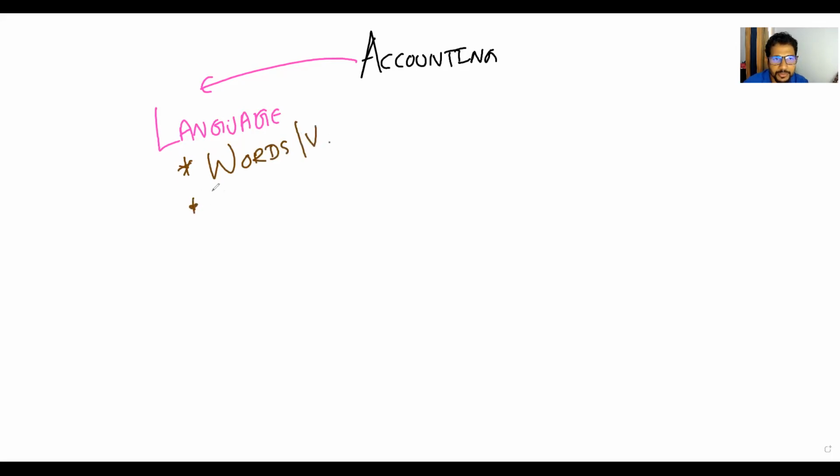And there are some rules. Today, the subject of accounting is also a new language. So in the first competency, I introduced you to a few words. I introduced a word called assets,